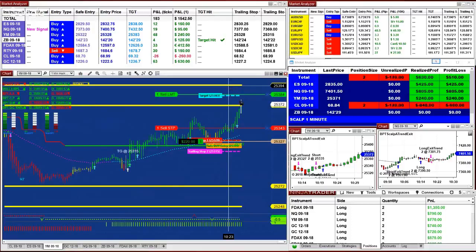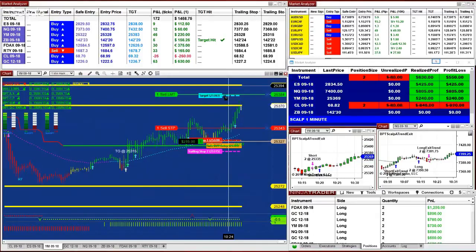Here is the situation on the YM. I can manually extend the target, or if I don't feel like it, I can just let it close. So this is the advantage I wanted. Once this auto trade takes that trade and hits the target, the targets are not fixed targets. There are different targets, different timing, and different ticks. So they are not a preset target of 20 ticks or 27. It all depends on the market's movement.